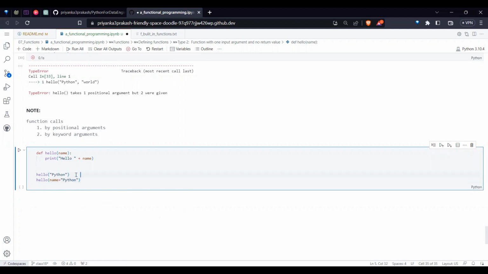The first one is by position. By position means give exact values, the exact number of values. The second one is by keywords. Here, give the exact names of the arguments. So you understood that if I say do